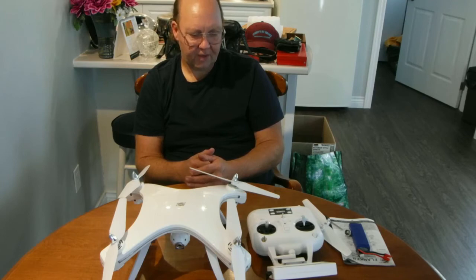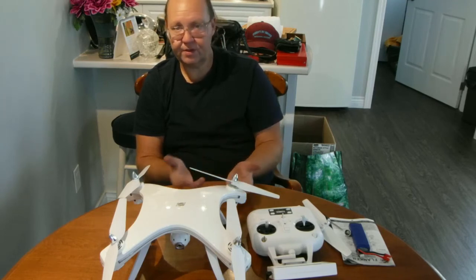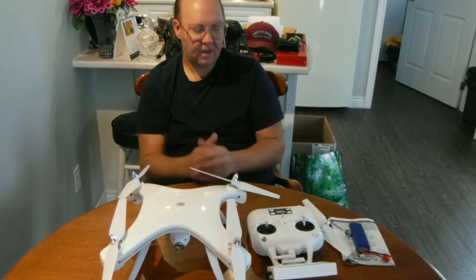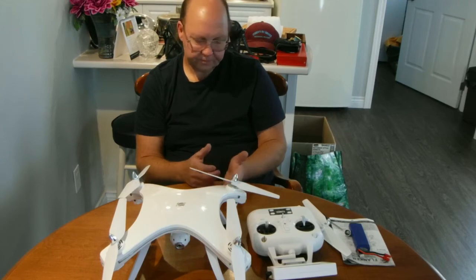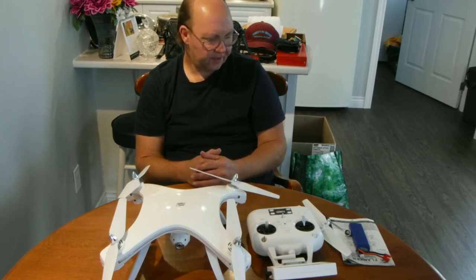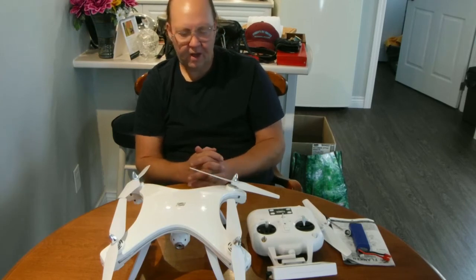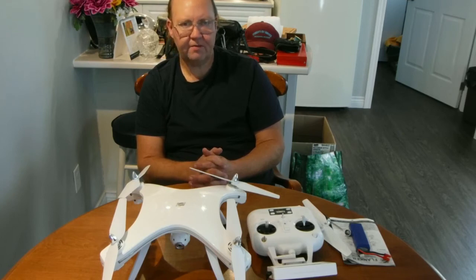I've seen quads around this price range that don't have half the bells and whistles, so that's actually pretty decent. I think that's good. Other than that, guys, I think this pretty much wraps it up for the review. I still have some range testing that I want to do with this thing to see what the FPV range is like. I may push this thing to the limits for height, but I won't be doing that during the